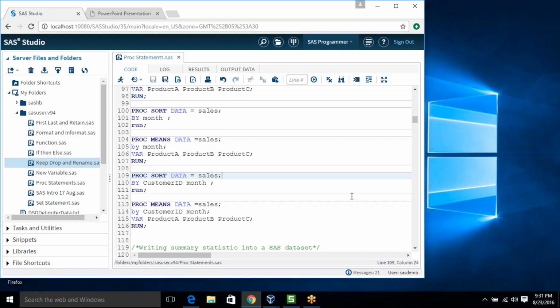Okay, so again continuing PROC MEANS. Does anyone have a question or are we good? Okay, fine, we are good. So basically when you are using PROC MEANS, it will just show your output in the result window. It's not saving it in a data set. If you want to save your output in a data set, then you have to use an OUTPUT statement.